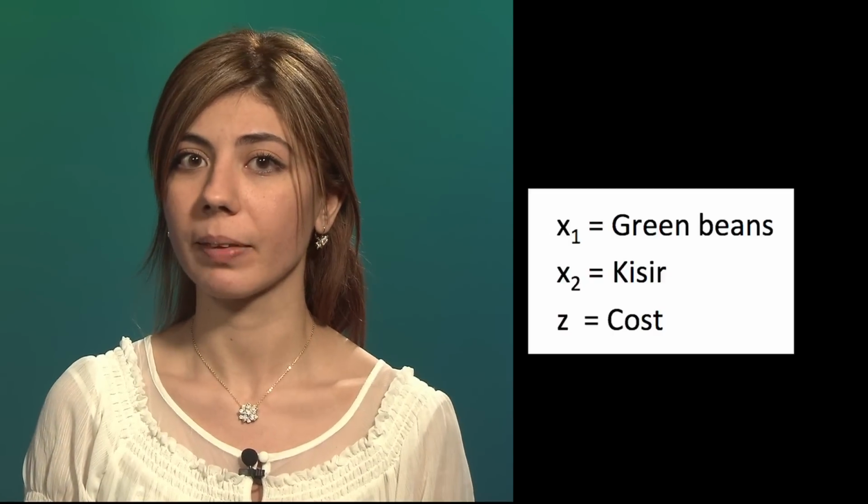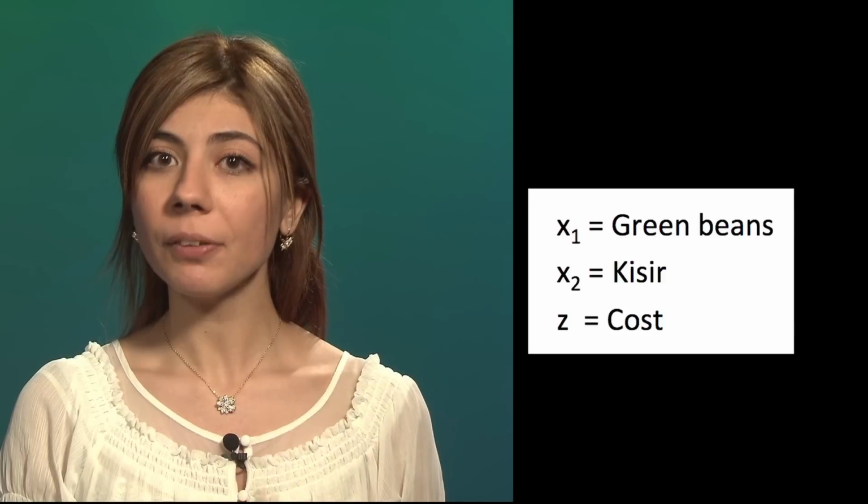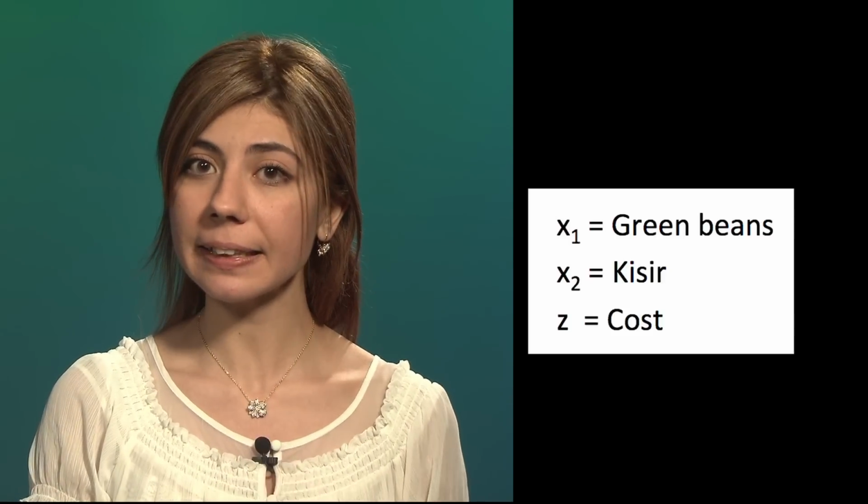And it's a linear program because the quantity of a nutrient consumed is exactly the quantity of that nutrient that your body uses. Basically, there are no interactions between kısır and green beans, or no interactions among carbohydrates, fat, and protein. Let's continue with the mathematical formulation and denote the quantity of green beans as x1 servings and kısır as